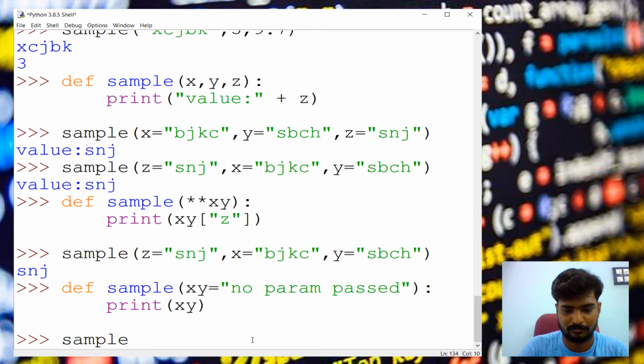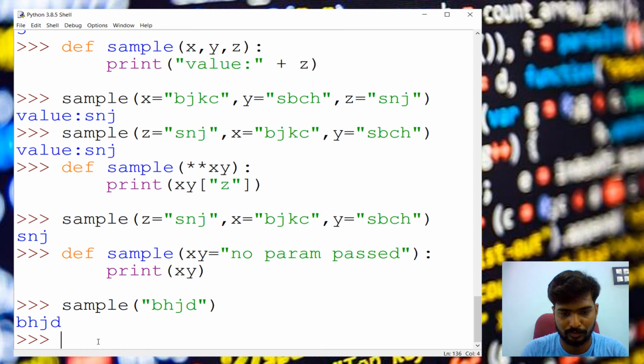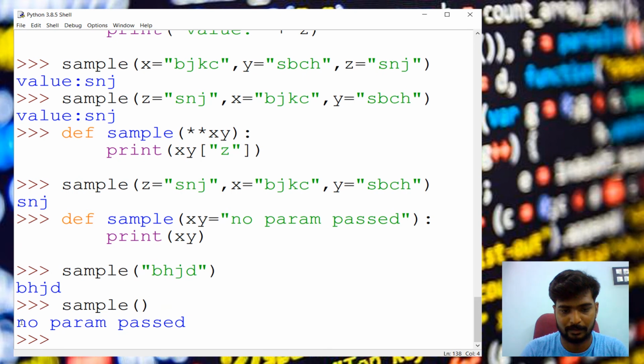So with sample, something I'm passing, you can see the value is printed when something is passed, otherwise no parameter passed. It's a default parameter, so we can assign values to the parameter, and when no parameter is passed, the default value will be used. So functions with default parameters can be called with and without passing values.